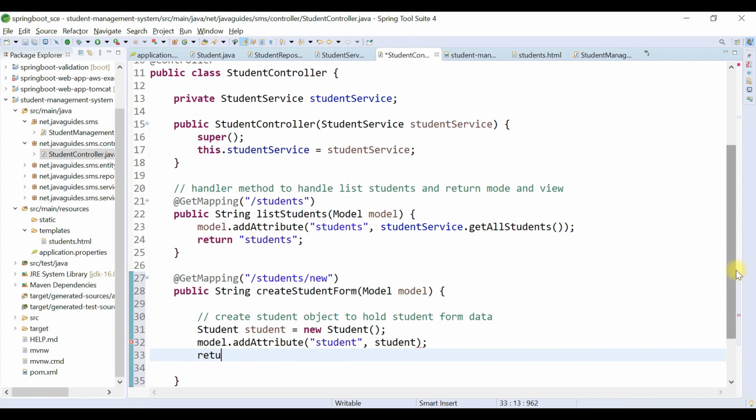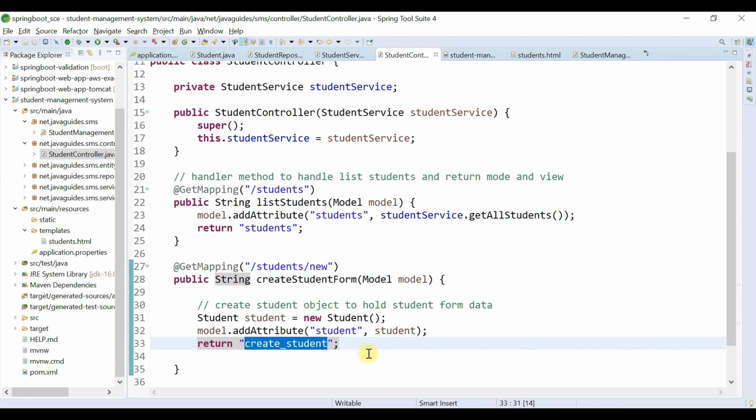Okay, and just return the view, that is create_student. This view we haven't created yet, so we are going to create it right away. Okay, so go ahead and create this view now.